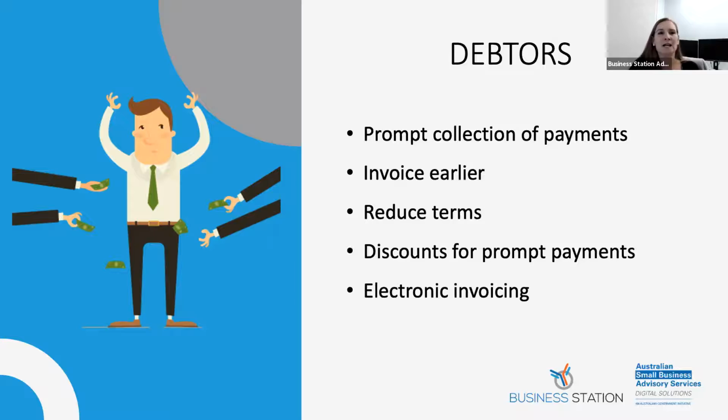Reducing your terms is a really key way to get money in faster. So like I said, don't say, we'll invoice later; invoice straight away. Invoicing earlier is one thing, but then in terms of reducing your terms, make it shorter than 30 days. Some companies will give you the full 30 days to pay. And if you deliver a product or service on the first of the month, you don't invoice until the end of the month, and then you give the customer 30 days to pay, it could be 60 days before your invoice is even due, assuming they pay on time. And if they don't, that can extend out even more. So really tighten up both the invoicing time and the term of payment as well.